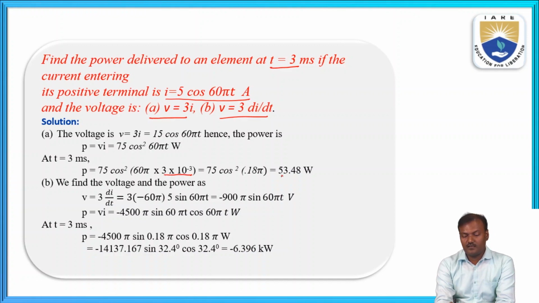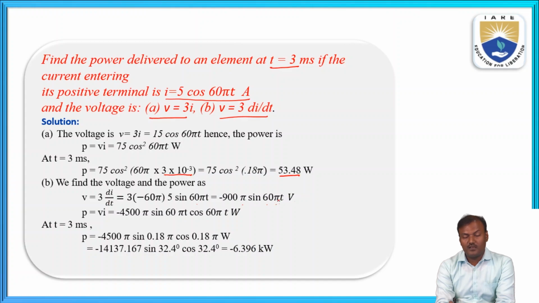So it is given as 53.48 watts. And in the second case, V is given as 3 times di by dt. So it is 3 multiplied by di by dt. I is again 5 cos of 60 pi t. Differentiation of that gives minus 60 pi multiplied by 5 sine of 60 pi t. That is minus 900 pi sine of